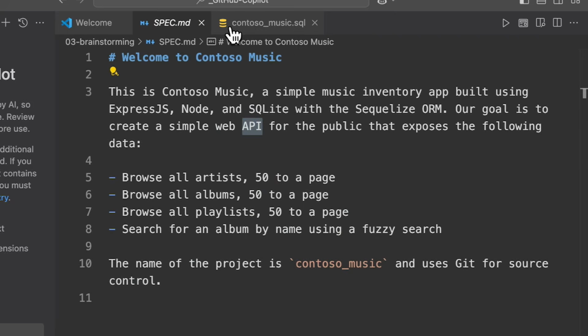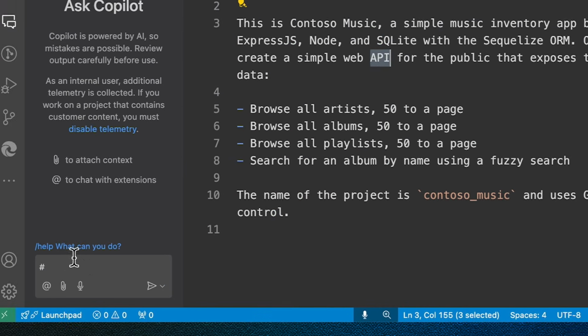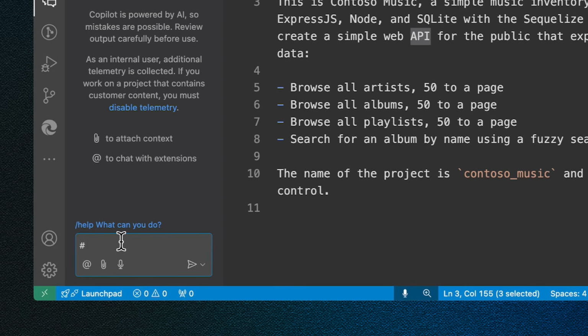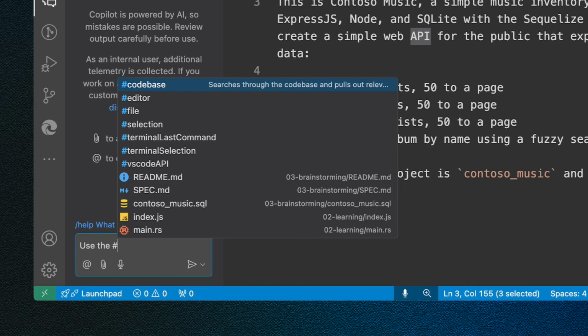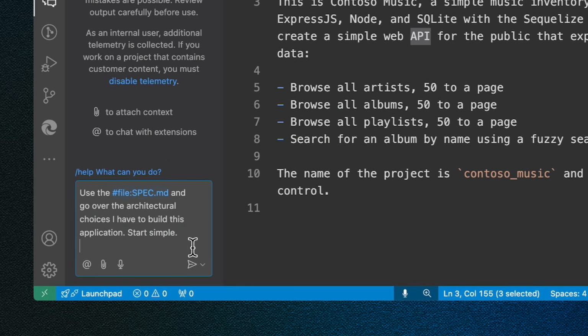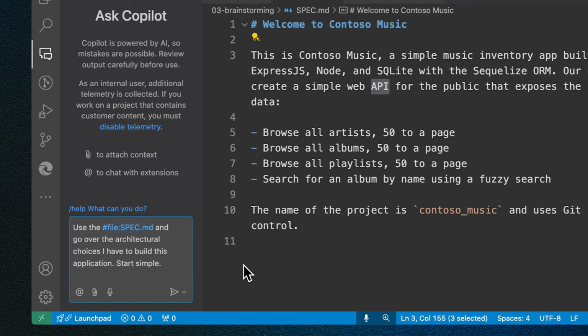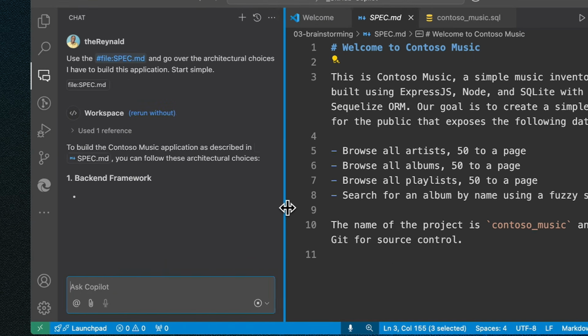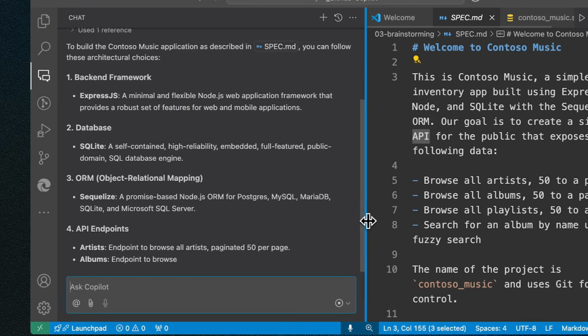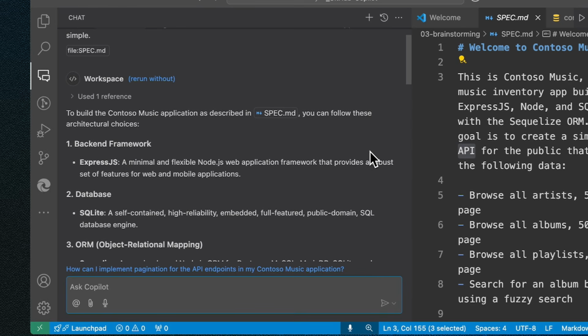Both of these can be passed as context to Copilot. So let's go ahead and demonstrate one. I could ask Copilot to use, and I'll hit the pound sign and point right to my spec file, and tell it to go over the architectural choices that I made to build this app, and just to keep things simple. And within a few seconds, it starts the process,